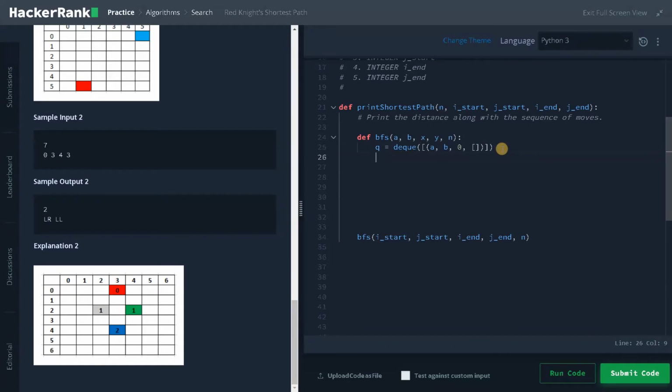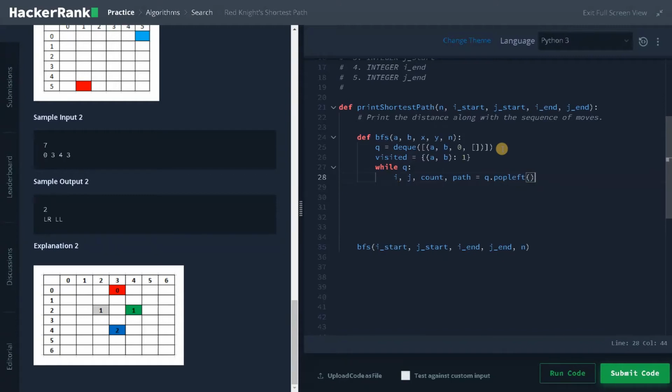And after that we have to make a variable for visited. So visited equals again a dictionary. Inside the dictionary I will have a tuple with the coordinates a and b, and some value. We can check this dictionary to see whether we have visited the cell or not. Now for the main condition, while q, I will say i comma j comma count comma path equals q dot popleft.